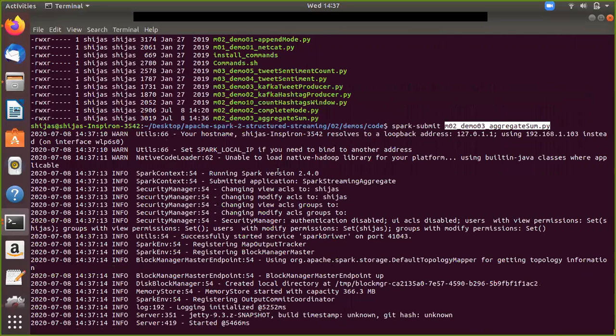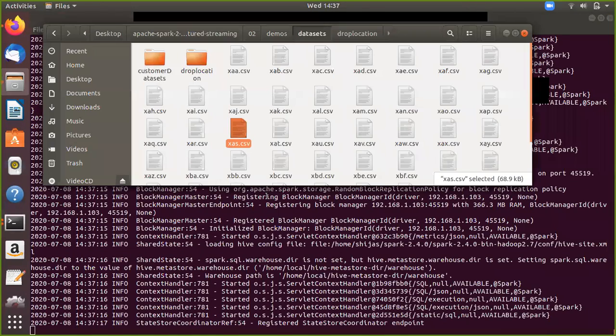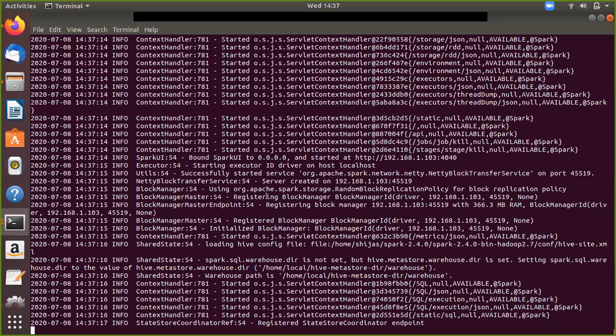So it will start reading from the same location here. We already have a few files here, and based on that, it will start printing the sum. Then I will keep on copying files to this location. Accordingly, it will start aggregating the data and finding the sum of convictions again as soon as I push the latest new files into the location. So let's wait for some time. It will print the first batch, and then I will push some other file, and then it will print the second batch, and it will go on like that.